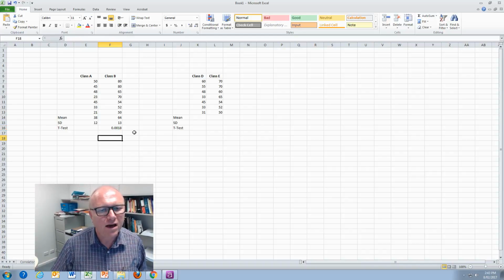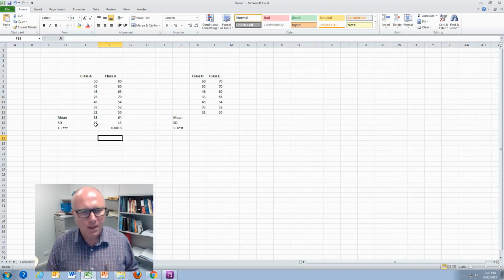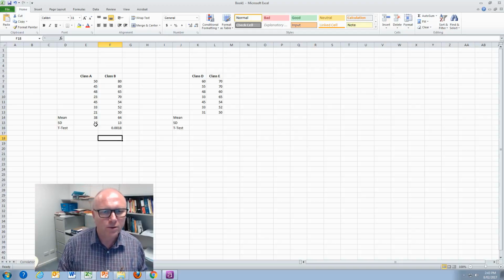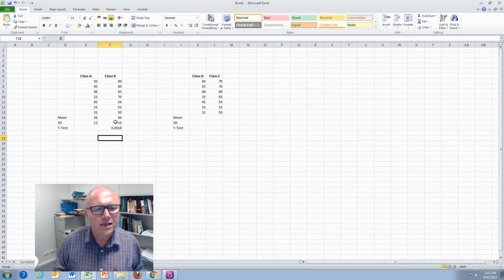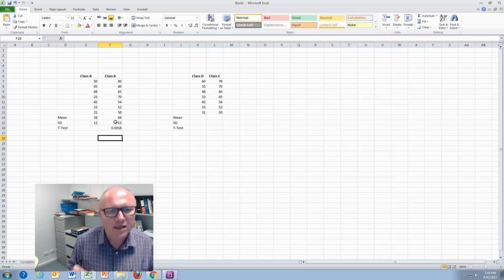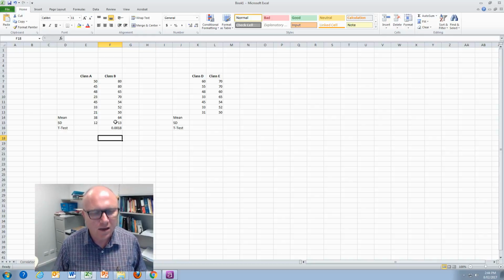And as I explained in the other video, this is because the t-test takes into account the absolute difference between the means, and there's quite a big difference between those two means. And it also takes into consideration the standard deviation, the dispersion of that data, and they're quite tightly dispersed. There's not a lot of dispersion in that data set. So for that reason, the t-test has come up and said that there is a highly significant difference in that